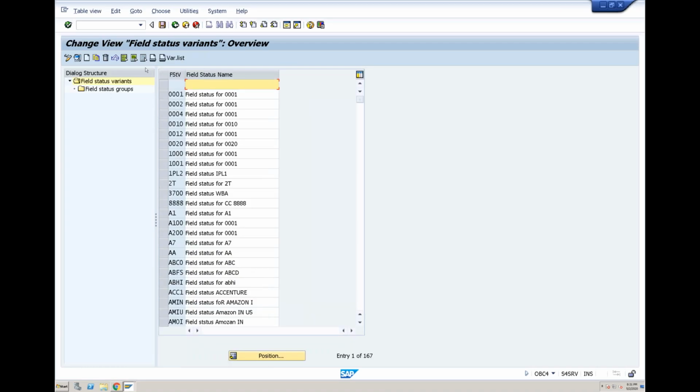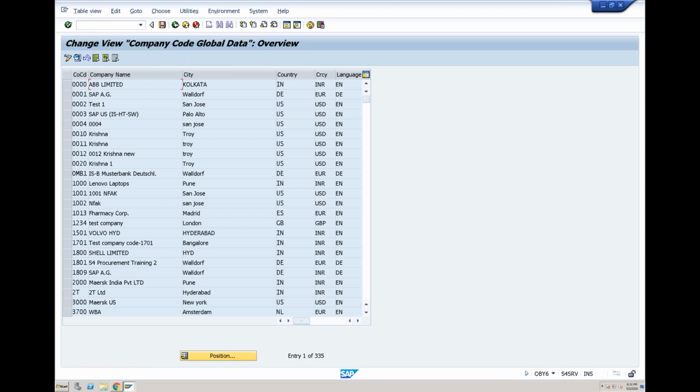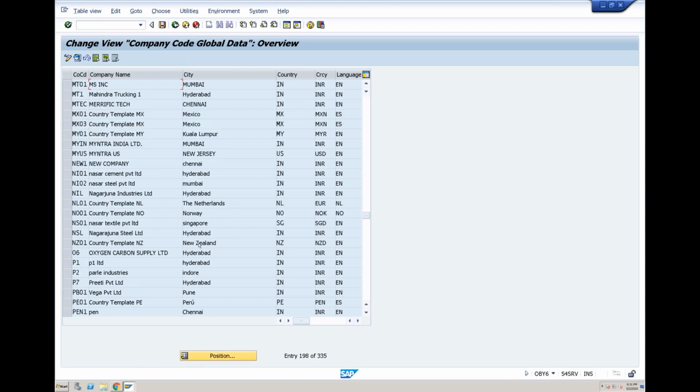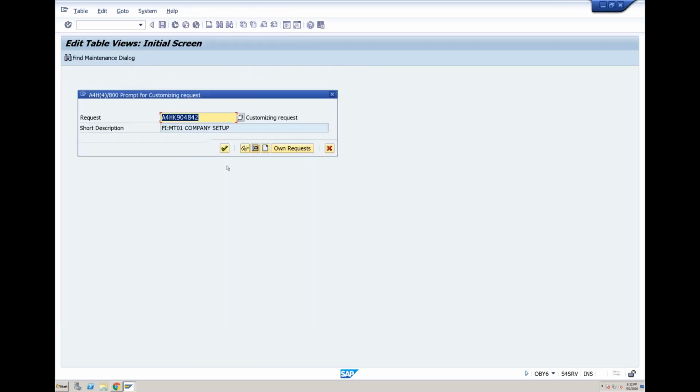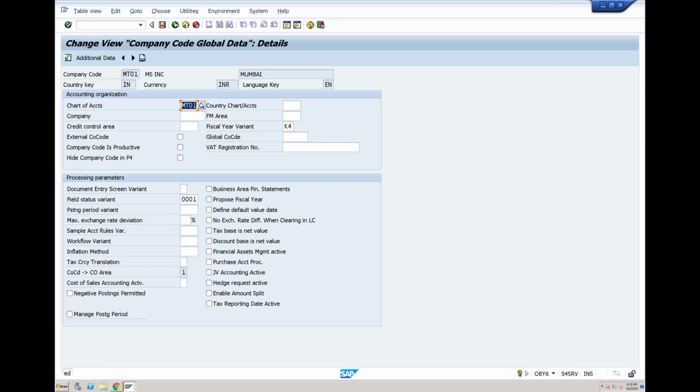Now let's do one thing. Let's just assign the field status variant now. I will explain the field status variant setup tomorrow. I'm just assigning 0001. So what is this field? Now you must have seen in the account group, if we want to make any fields mandatory, we can go and click that. That will be helpful when we create a GL account. But whenever we are posting to a GL account, say in FB50,